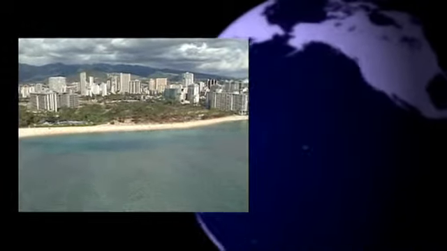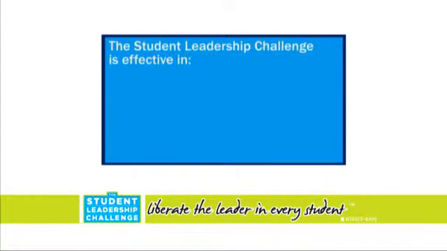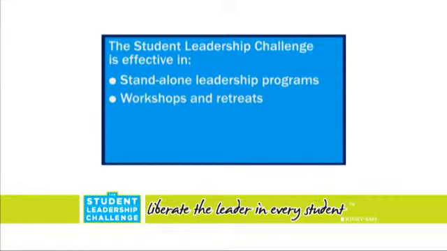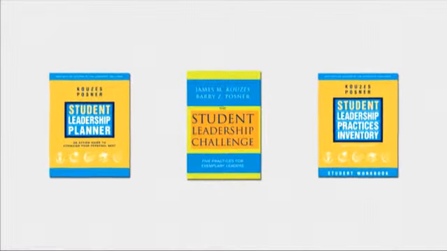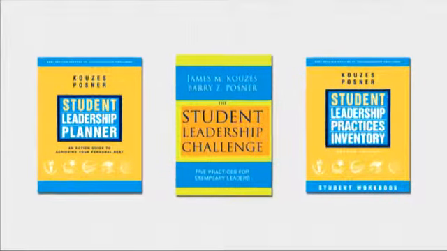in university-wide leadership initiatives. In Alabama, the model is integrated into graduate classes for school teachers to learn about and develop their own model programs for their high schools. And in Hawaii, a youth leadership organization works with community partners to deliver the program and conduct ongoing leadership assessment of young leaders in local schools. The Student Leadership Challenge is effective in standalone leadership programs, a series of workshops and retreats, leadership classes, and even with young leaders one-on-one. And there are a number of resources in the Student Leadership Challenge library to help accomplish